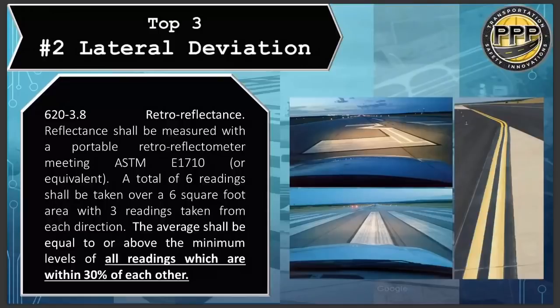pictures, and you can see that they may have measured their markings in these cases. You see the threshold markings below the designation there, and the threshold markings may have passed the minimum criteria for maintenance. The FAA defined it as 100 for white paint, but it would fail the lateral deviation or the uniformity standard of 30%. You can see it's kind of a small image, but you can see that it is